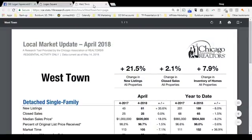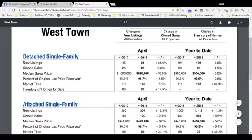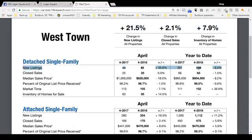So now let's look at the Westtown community area. Now, Westtown contains Wicker Park, Ukrainian Village, East Village, Noble Square, and the east part of Humboldt Park. Okay, once again, detached single-family homes are your standalone single-family homes. And we see year-to-date, in other words, from January 1st to April, in this case, there were 189 listings, so that's down pretty significantly by 6%. Number of sales basically flat, down by 1.5%,